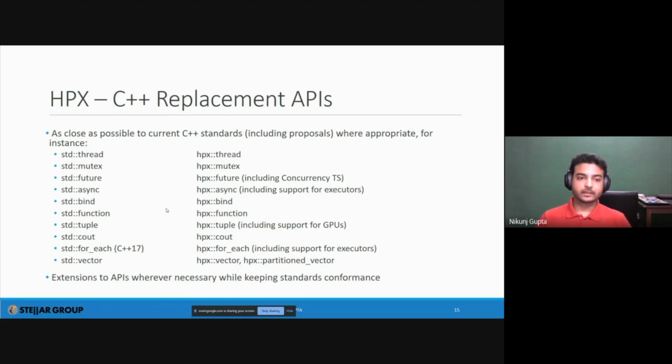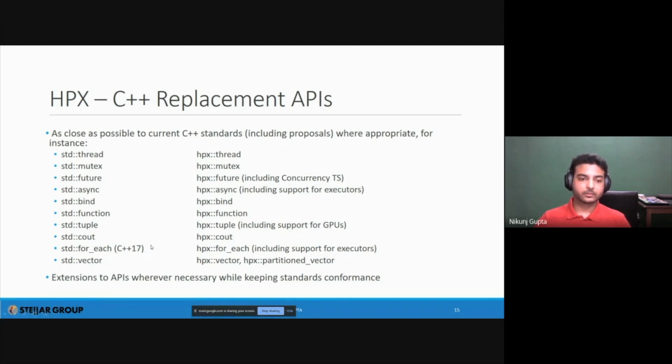So the thing is, if you compile things and execute them on multiple different localities, a function that has an address A on one locality will not have the same address A on the other locality. That has a lot to do with the address-space randomization that happens in the OS, so we need to keep that in mind. So we re-implement things from the standard so that we support serialization, wherein even if you serialize a function from one locality, it automatically detects the address on the next locality.